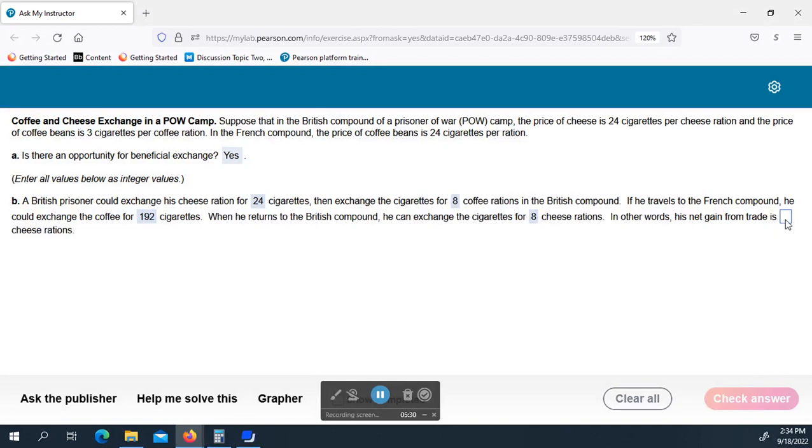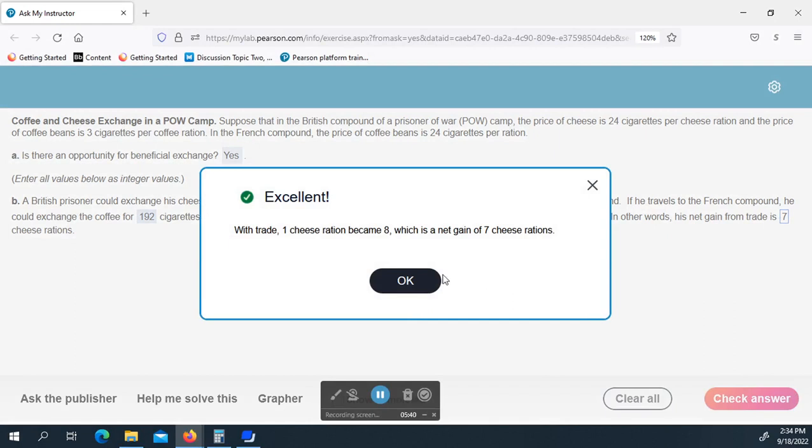In other words, his net gain is what? Well, he had 1 ration to begin with. Now he's got 8, so his net gain is a total of 7, right? So he gained 7 more. And that should be